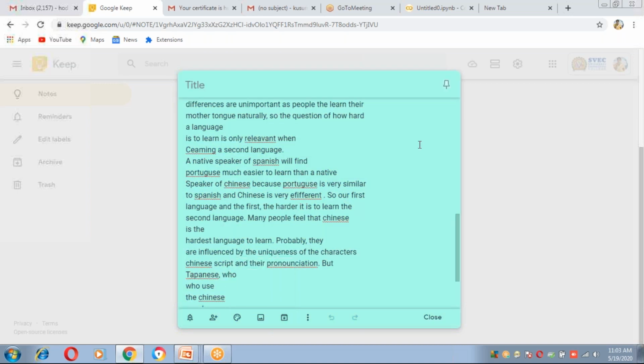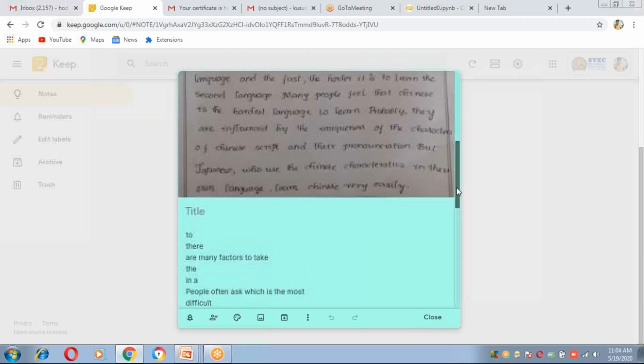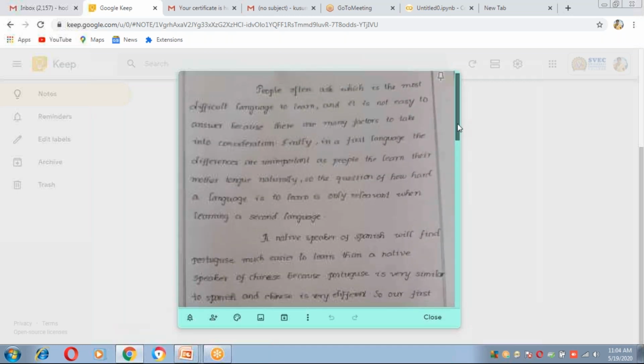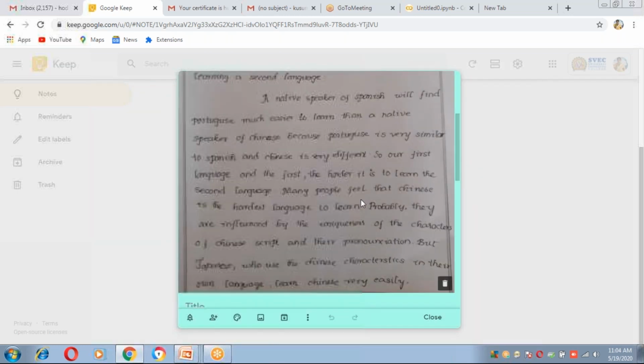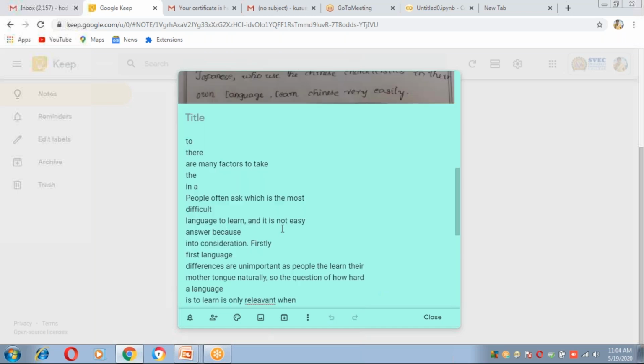I tested it for Telugu, Hindi, English languages. Madam, can we copy mathematical formulas also? If I want to write any mathematical equation, is it possible, ma'am? Actually, I tested for that also, but small images cannot be converted. Only written matter.